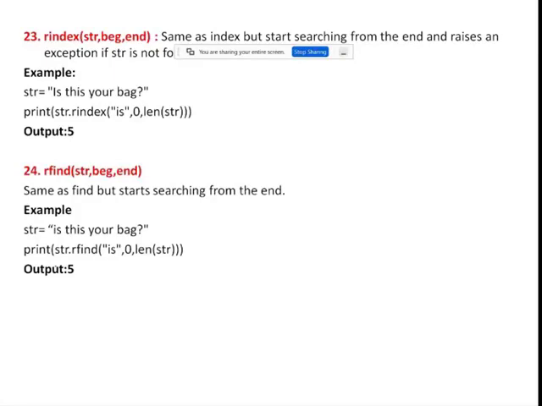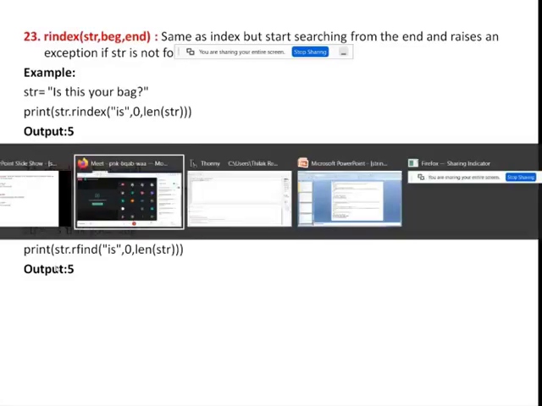The index method returns the first occurrence of the substring, but rindex means right side to left side, so it starts searching from the right side. That means it will return the last occurrence of the substring. It is similar to the index method: if the particular substring does not exist in the actual string, then it throws an error.